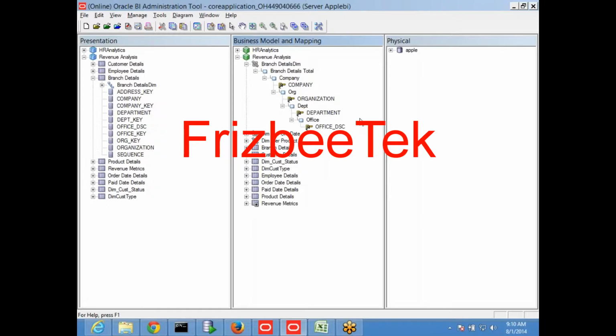Yeah, that you can understand, but the example you have told will be related to value based or parent child, because for E1, E2, E3 all the hierarchies are, say for example here, company is one column, organization is one column, department is one column, office is one column, all are one columns. Means every column is going to be in one level.